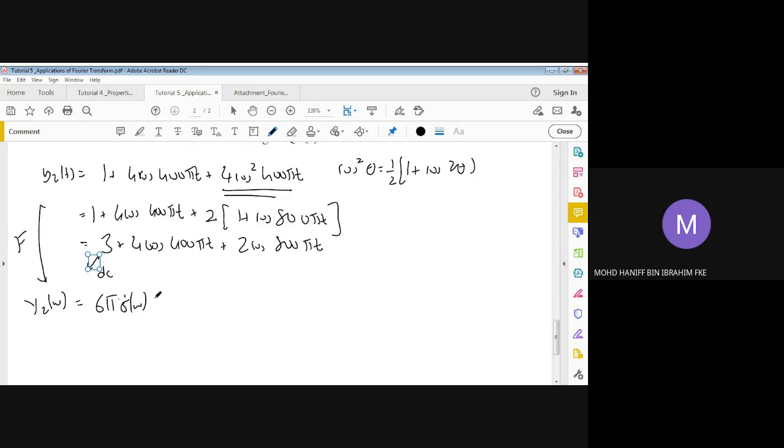Okay, and for this, you're going to have 4 pi. That should be 2 impulses: delta omega minus 400 pi plus delta omega plus 400 pi. Okay, and for that, we're going to have 2 pi delta omega minus 800 pi plus,